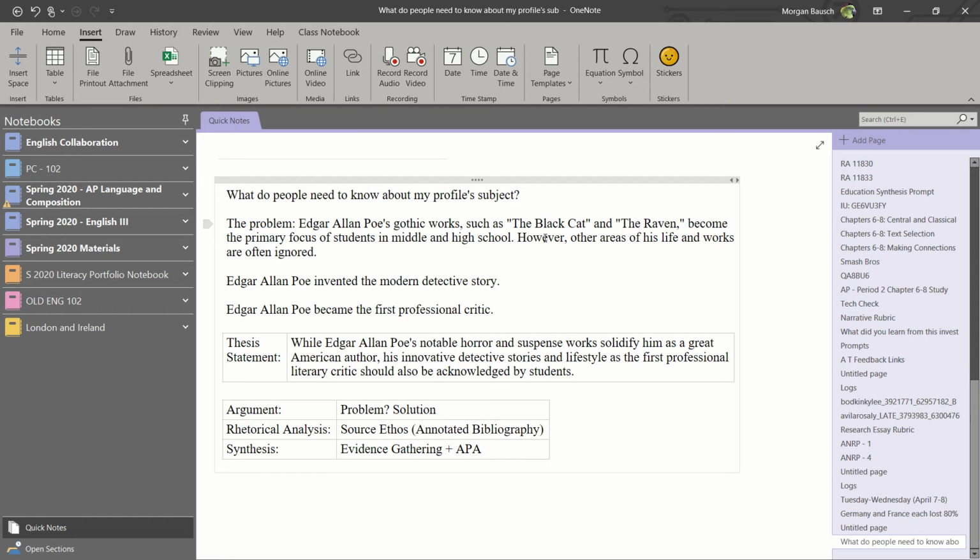So my thesis statement is my answer to the question, what do people need to know? While Edgar Allan Poe's notable horror and suspense works solidify him as a great American author, his innovative detective stories and lifestyle as the first professional literary critic should also be acknowledged by students. That's my argument. My argument is there's a problem. Here's the solution. The rhetorical analysis I have here is going to be found in source ethos,